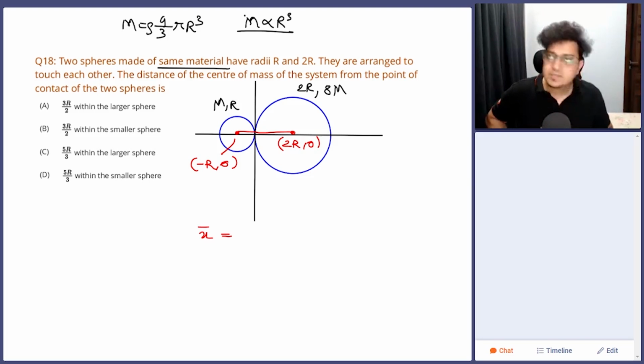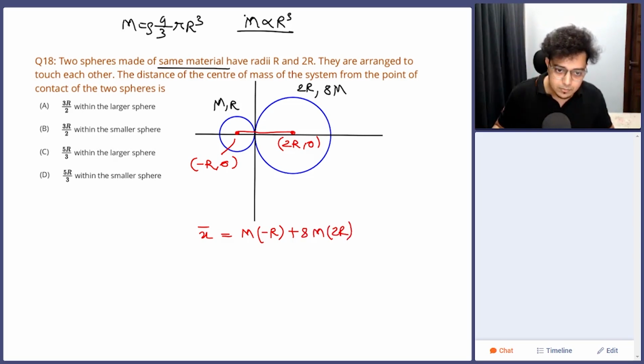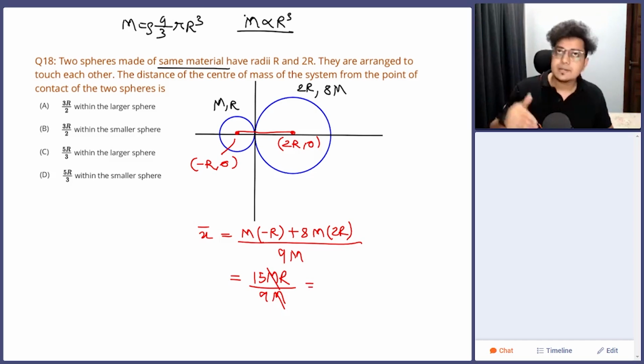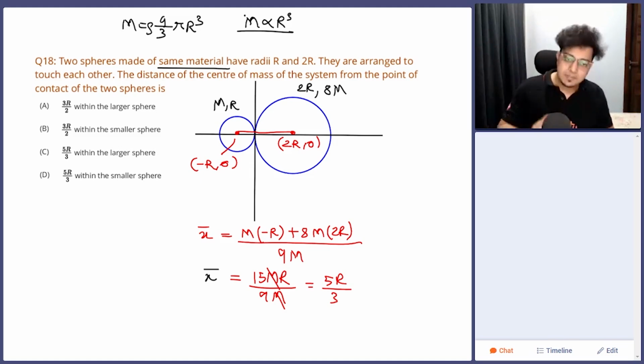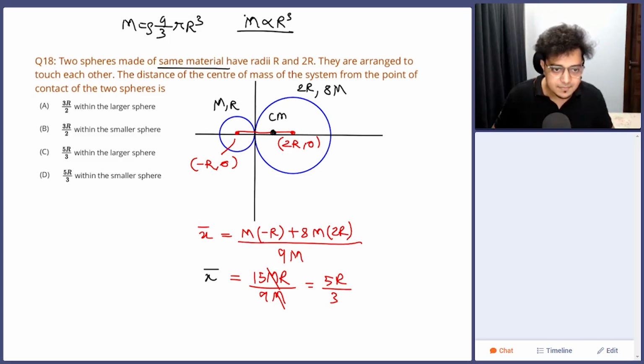Now we will solve for the center of mass. X bar is equal to the first mass m into x coordinate minus r, plus the next mass 8m into x coordinate 2r, divided by the total mass, that will be 9m. So this will be 16 minus 1, so 15 m r upon 9m. The m's cancel. We can divide 3 by 3, so this will be 5r by 3. And the answer is positive, right? The x coordinate is positive, which means it is on the right side. So somewhere here we have the center of mass,